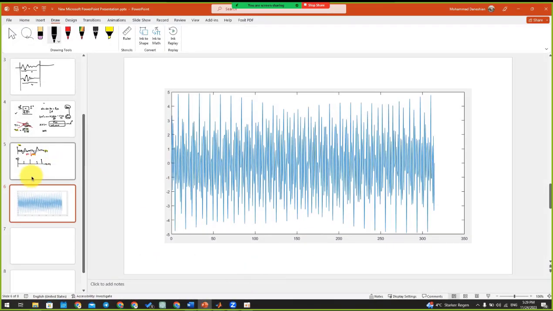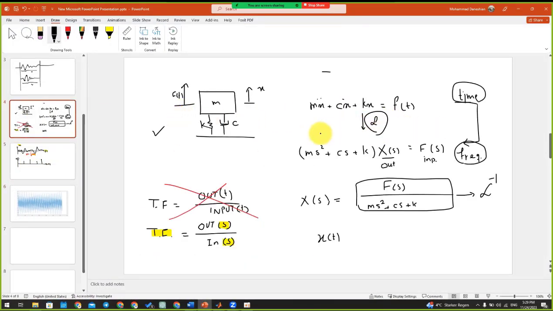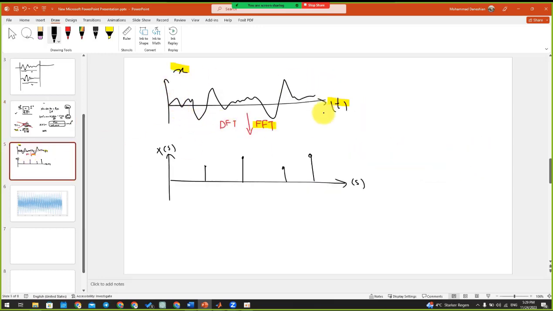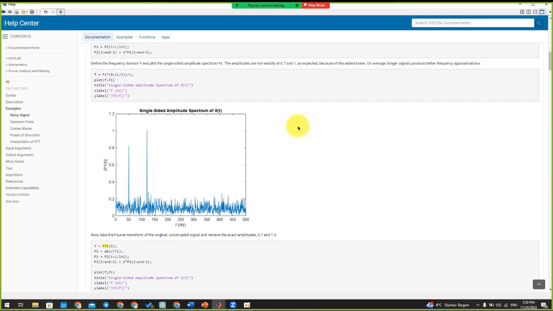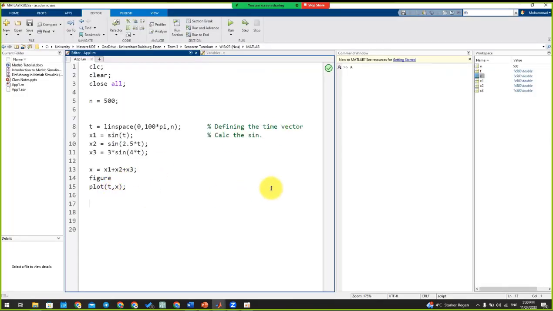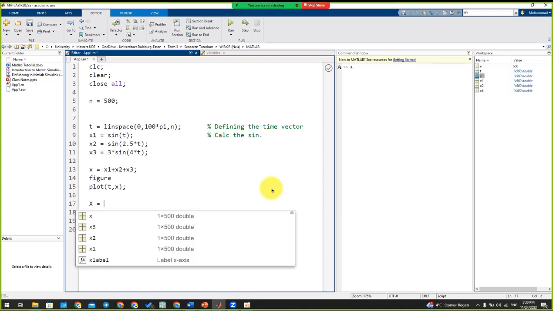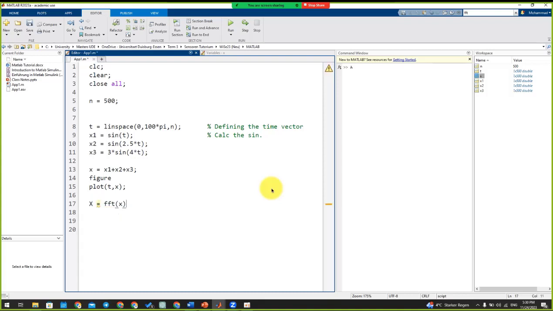Once again, this Laplace transform helps us to bring an equation of motion, a differential equation, to the Laplace or frequency domain. But what we have here is no relation or equation of motion or something. It's just numbers, just raw data. So with FFT we can bring the information of a sensor from time domain to frequency domain. We are going to do that, and I'm going to write X capital is equal to FFT of x,